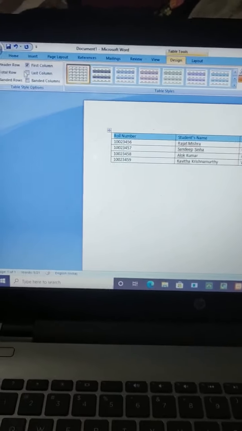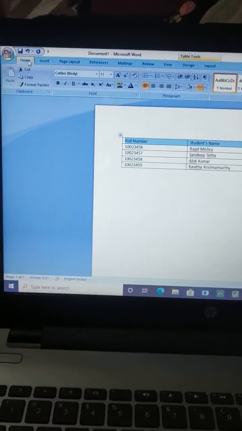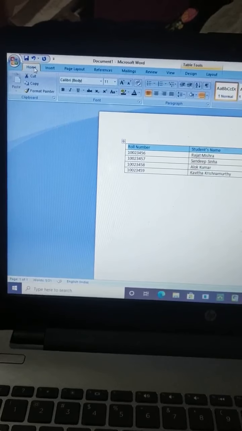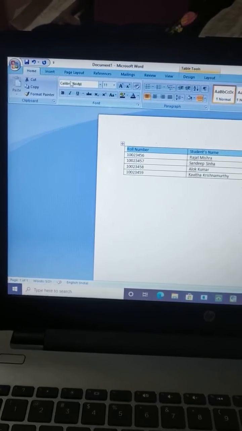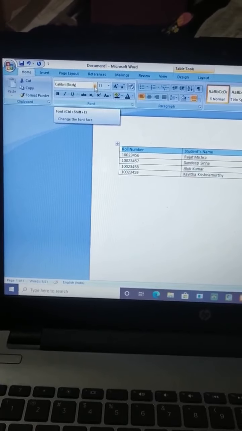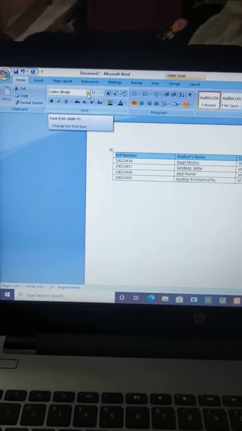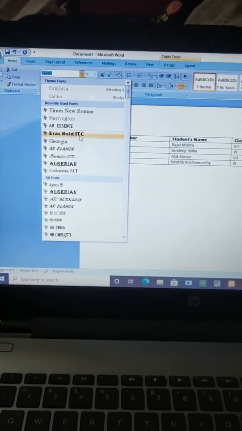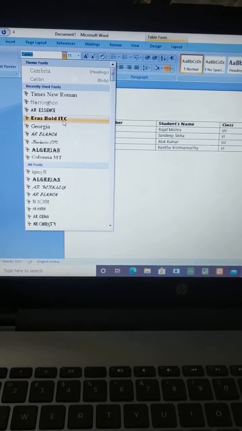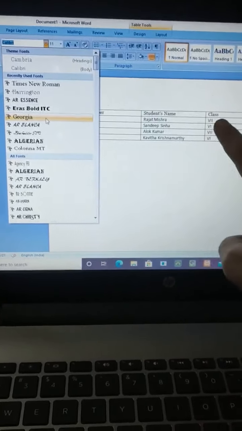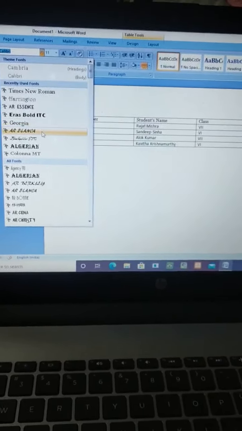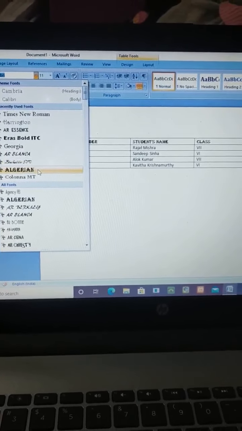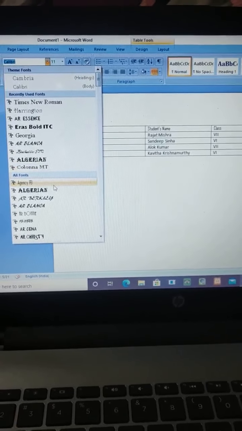Okay, now we are going to format it. For formatting that, we have to select Home. Okay, in the Home tab, there is the format group. Where is format? Look here. Here we are going to change the font. Font means we can select any font style from here. When we put the cursor on each font, we can see the changes that appear here, and we can select which one we want. Okay, this is font. Understood?